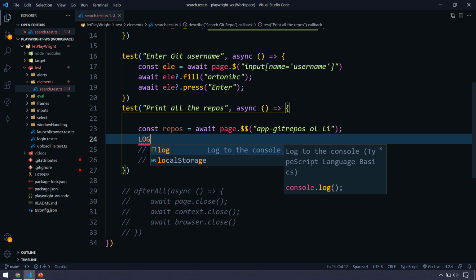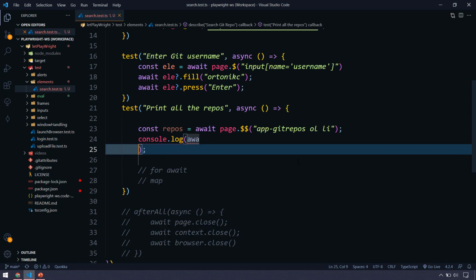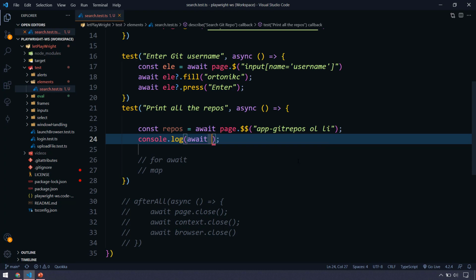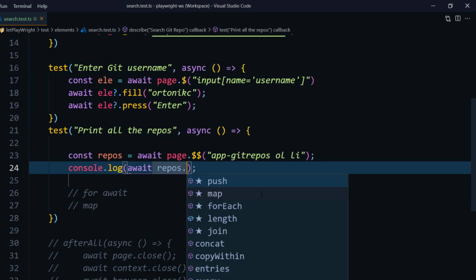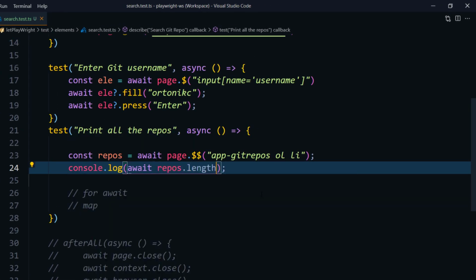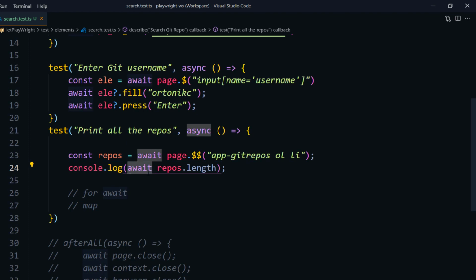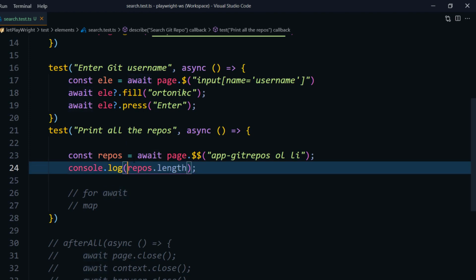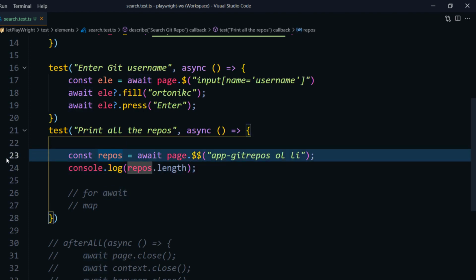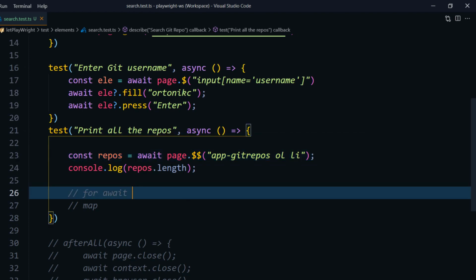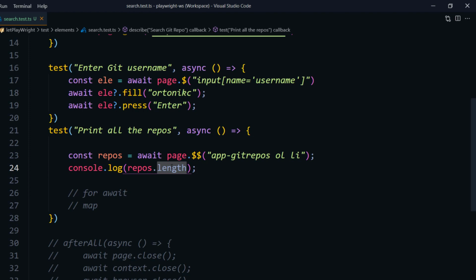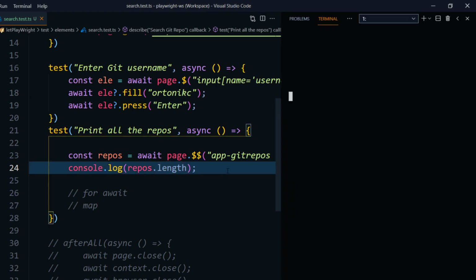For that I can just log it, and here I can say await repos dot length. This is going to print the length, and here we are getting like 30. That means the await is not required here because we have already resolved the promises in this particular line number 23, right? So here itself we have resolved the promises, so we can just use the length property to print the length.